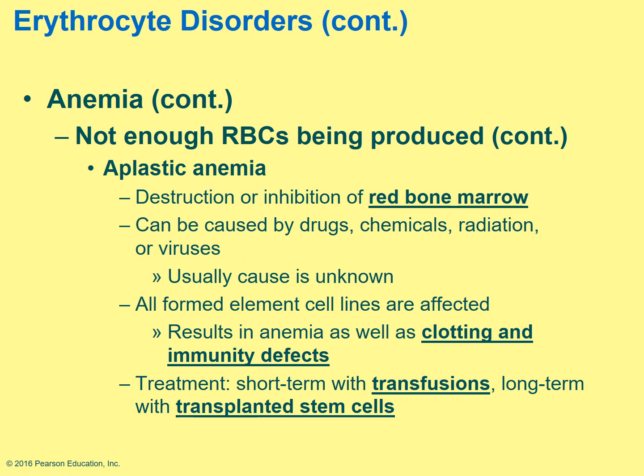Aplastic anemia is when you have destruction or inhibition of the red bone marrow. This can be caused by sometimes interactions from drugs, chemicals, radiation, viruses. And you may not be able to determine what the exact cause is. All the formed elements, cell lines, are going to be affected. So you're going to not only have anemia, but you're going to have issues with blood clotting,